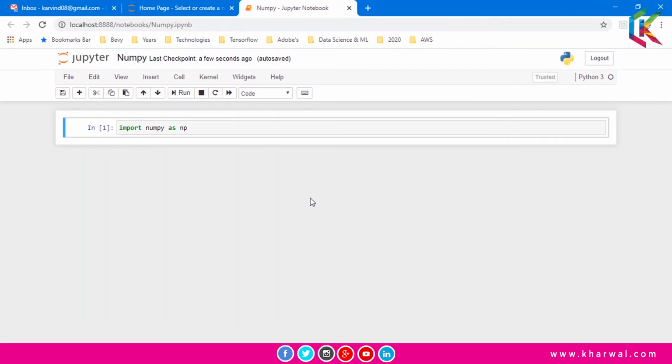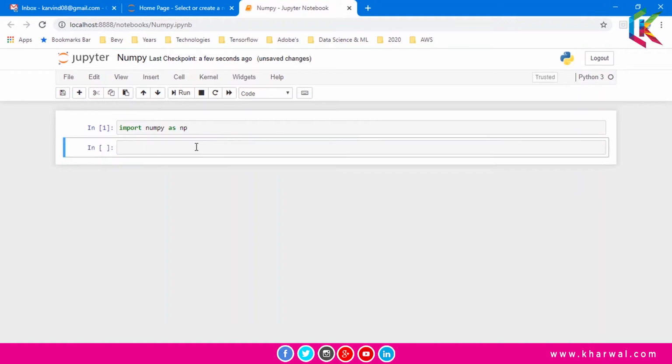So guys, now we are going to find out the sum of a one-dimensional array using the sum function. So that's why I have imported numpy as np. Now let's create a one-dimensional array. So guys, I have created a one-dimensional array by using NumPy, and now I'm going to print it